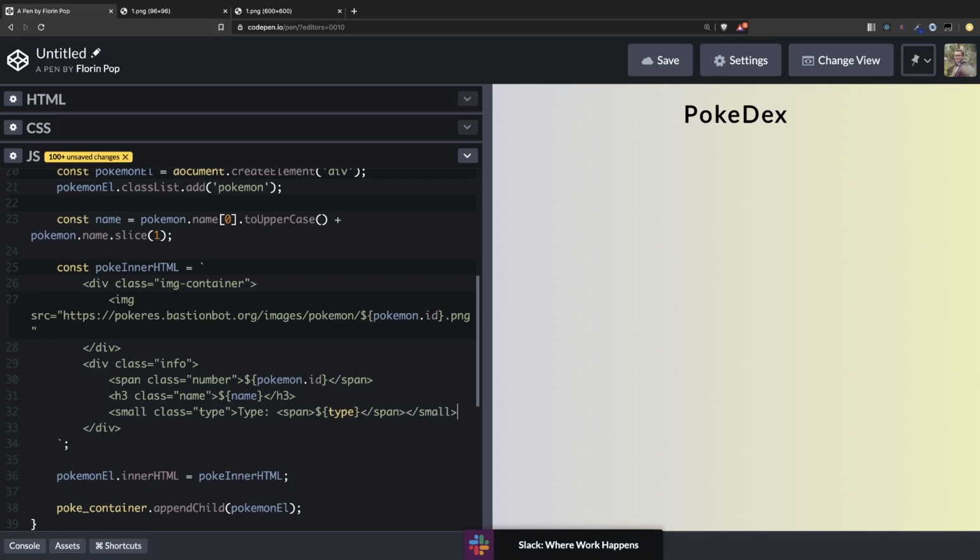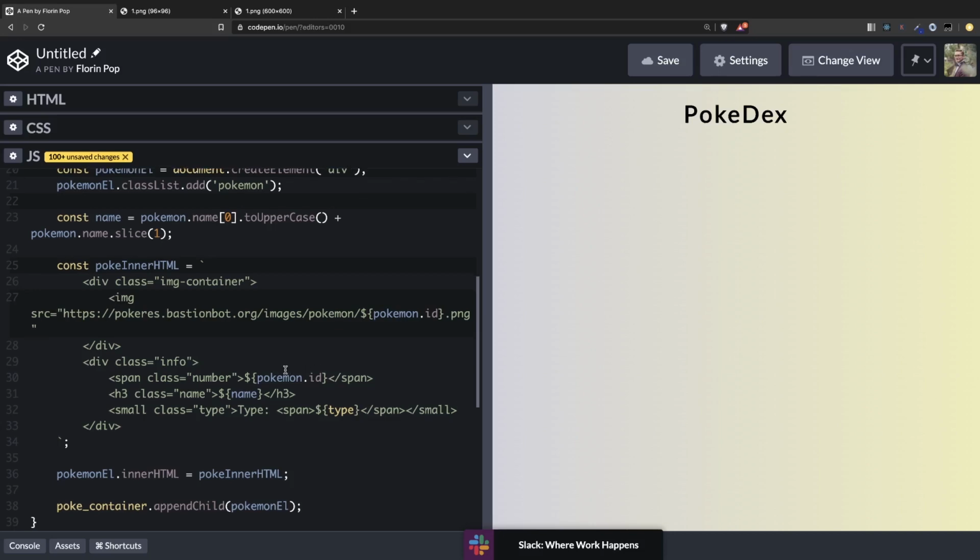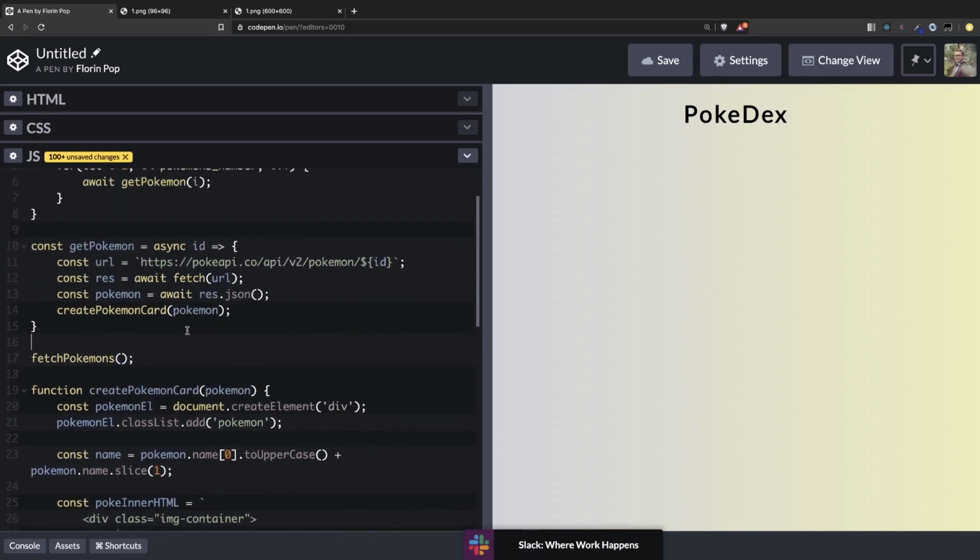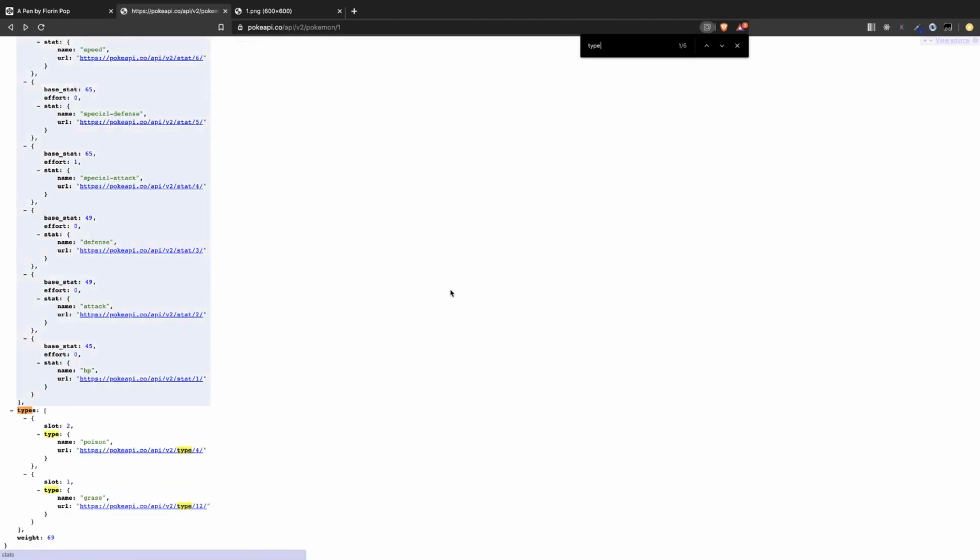Let me finish this code and now we can create the type. Let's see example of the type we have from the API. So if we take this URL again, or we can go back here. Yeah. If we search for type, you're going to see it has multiple types,